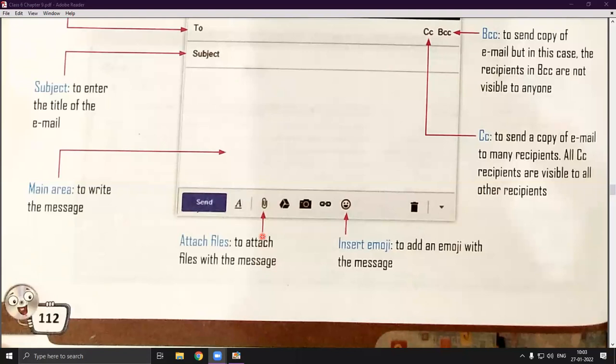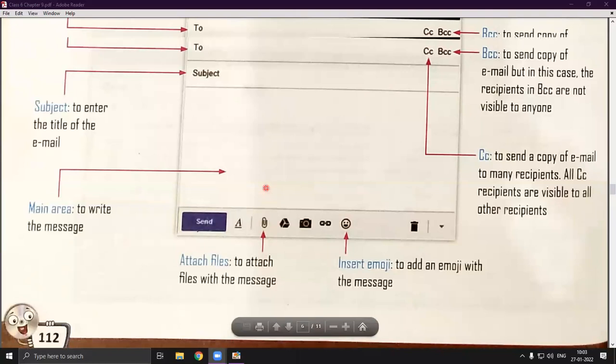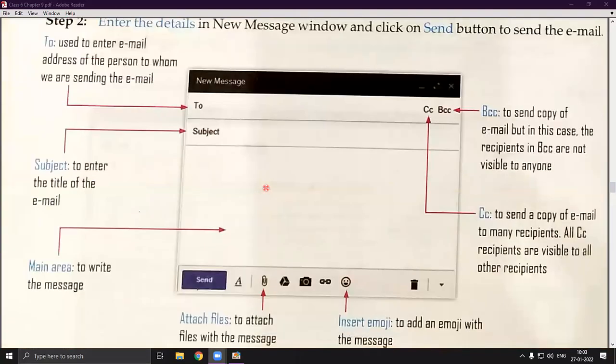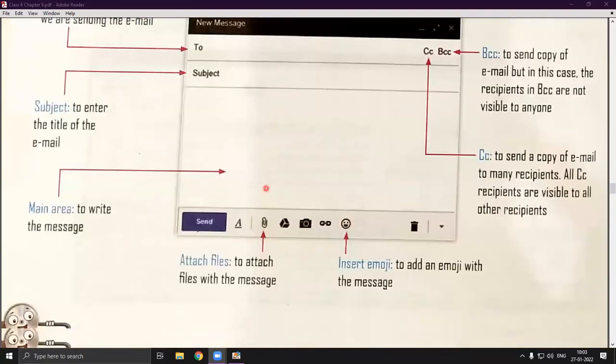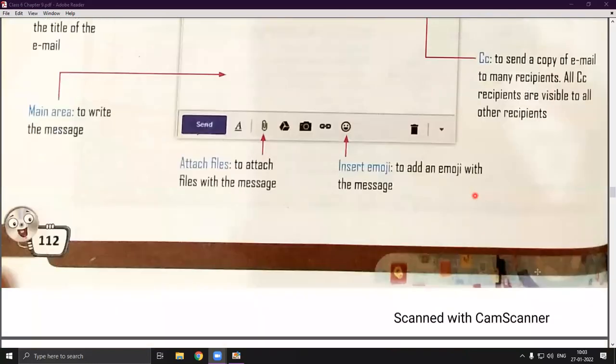Sometimes we want to send a video file which is exceeding the 25 MB size, then it will not allow you to send the message. Why? Because it will show you an error message, as it doesn't have sufficient storage capacity, right? And if you want to insert any emoji with your email, you can also insert emojis here. You can see the icon. So this is the interface from which you can send an email message to anyone. I hope I'm clear to you. Please give your consent, and I think this is enough for today. I hope that you have enjoyed the session, right?